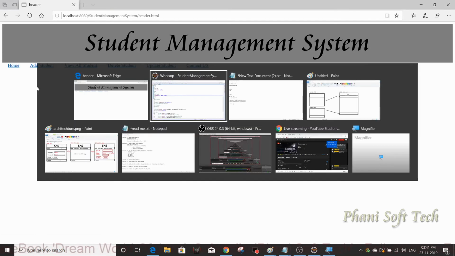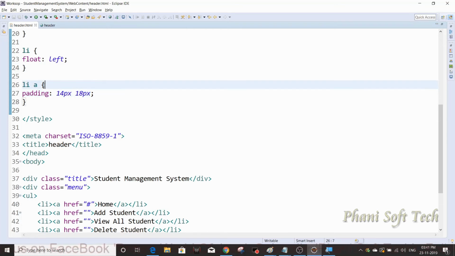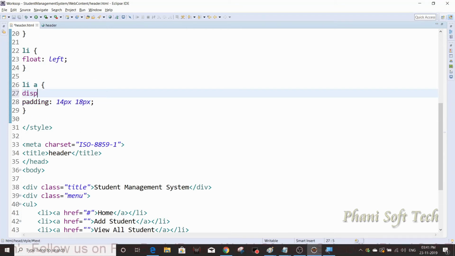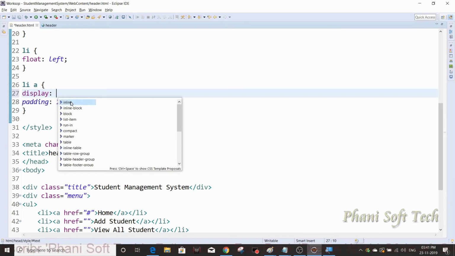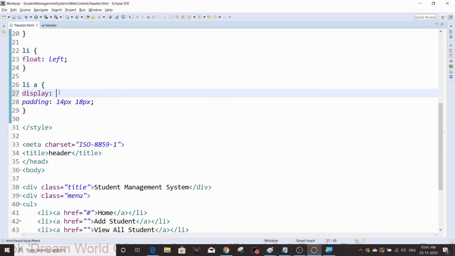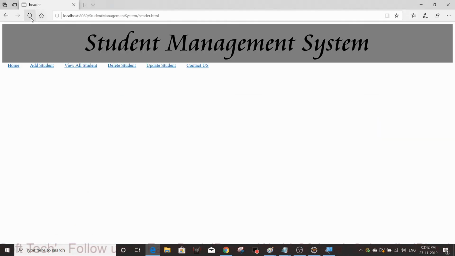Okay, fine. Now I'm going to display these elements as a block. That's what we are going to use display. It's like a display having some inline block list items type of displaying. Okay, not black, it's a block. Control S. Okay, now somewhat great.